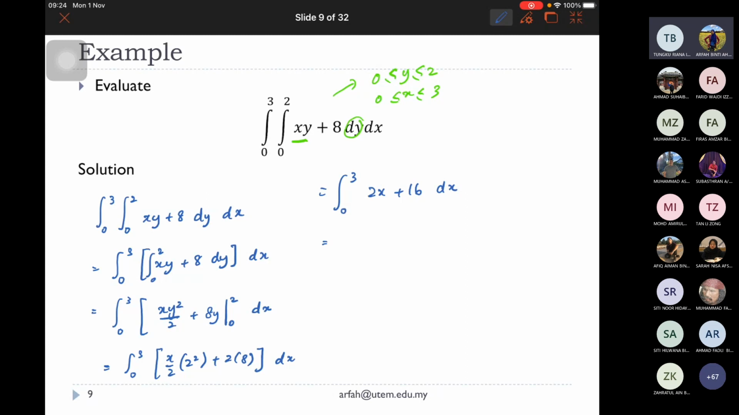Then awak akan dapat integration, this one will become 2x kuasa 2 over 2 plus 16x from 0 until 3. 2 bahagi 2 dia jadi x kuasa 2 tambah 16x. 0 sampai 3. So it will become 9 tambah 16 kali 3. So you will get the answer equal to 9 plus 48 equal to 57. So dapat